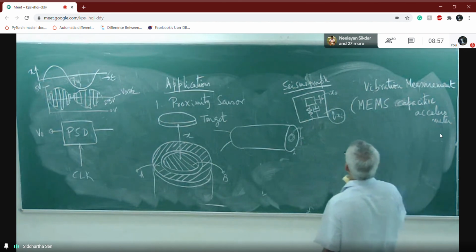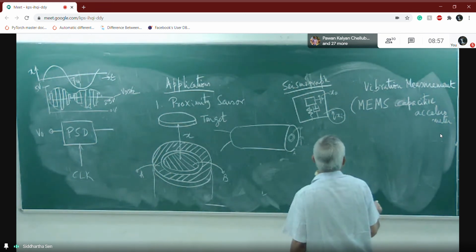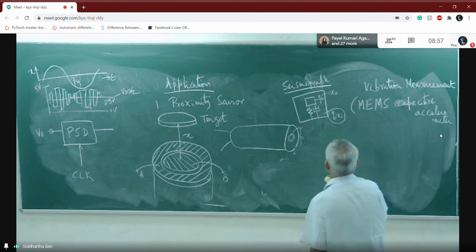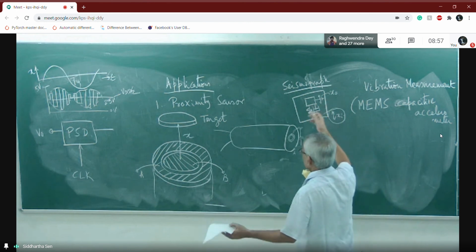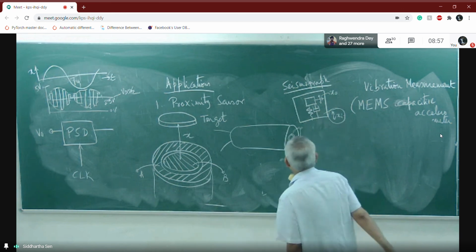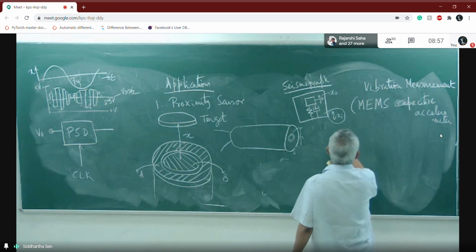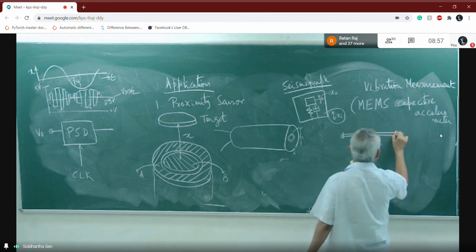A similar thing is also used for acceleration measurement, so an accelerometer. There must be some mass and spring, and the damper, if you can use it, damping is naturally small, even air damping will do. So what is happening if I just put some, I am showing you here.